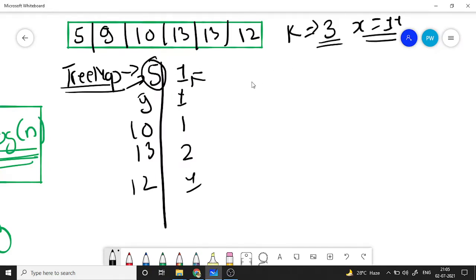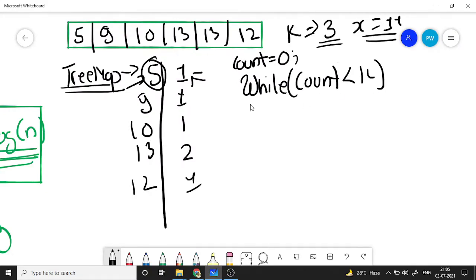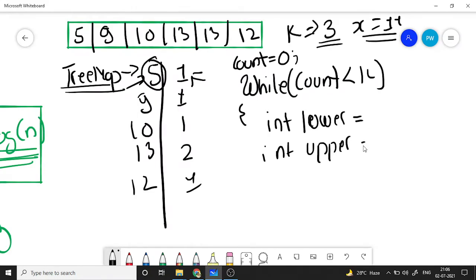Then what we will do, we will run a while loop and we will have a counter. That counter will start from 0. So while this count is less than k, what we will do, we will get the left, that is the lower element, and then we will get the upper element from the map, using map.floor and map.ceiling.